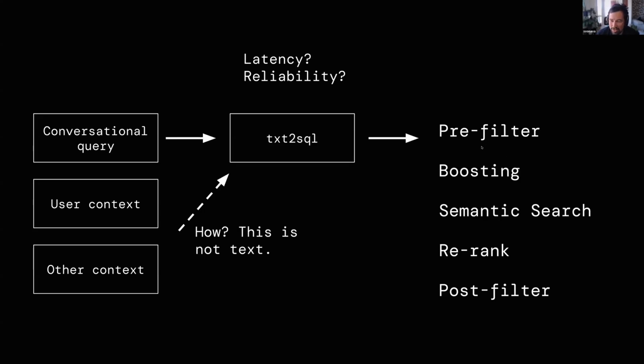So there might be some pre-filters, some boosting. Boosting is just a concept from Elasticsearch, creating a combination of scores that result in a certain item being ranked higher or lower. Of course, there will be your text vector search or image vector search in there. And then lots of focus these days on re-ranking, right? The candidates we generated with the first 3 steps are not that great, so let's get a bunch of them and reorder them again. And then maybe once we see the set of candidates, we can have some additional rules for post-filtering.